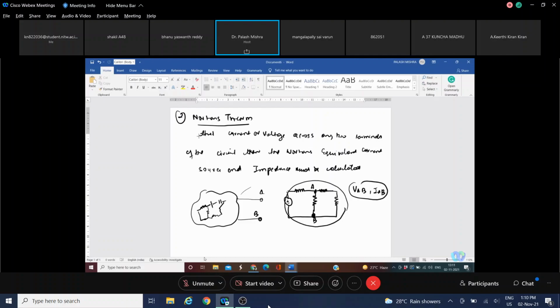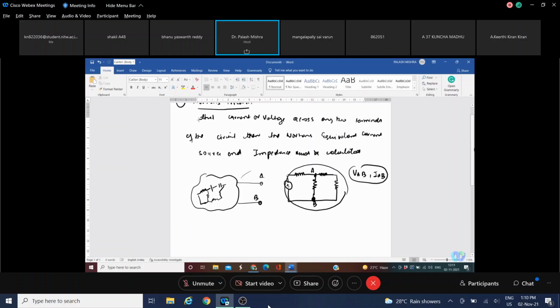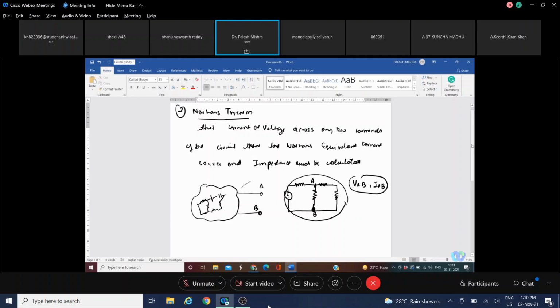So first, why is Norton's theorem used? In order to simplify the circuit calculations. You might be thinking that this is a very simple circuit, but there may be a complex connection of various elements with multiple sources also. In that case, it is very difficult to apply KVL or KCL. So to avoid applying KVL and KCL in those circuits, the Norton and Thevenin circuits may be used to solve the question in a much faster and easier manner.